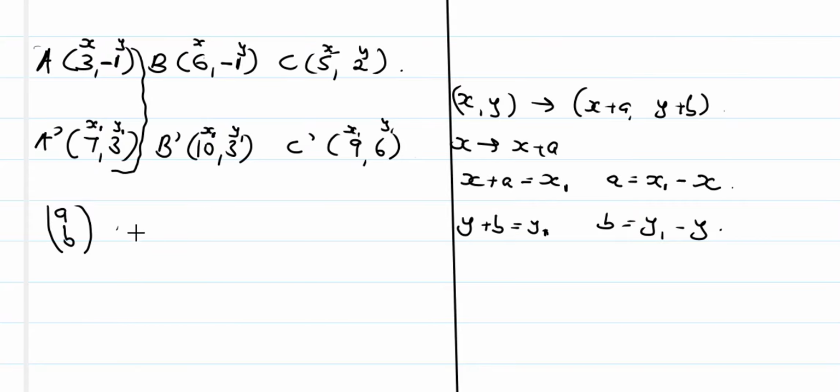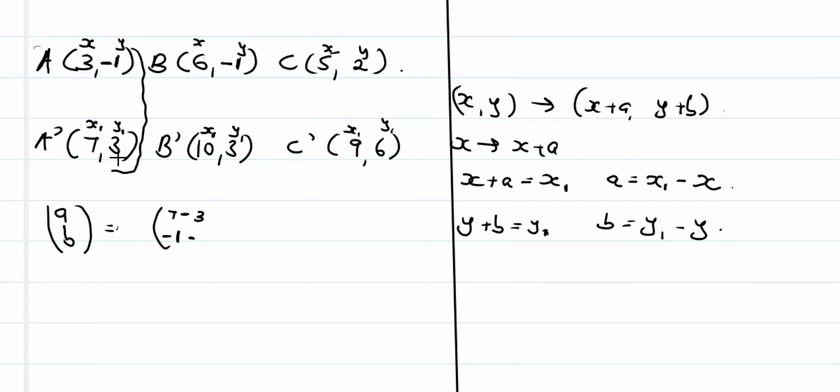So in this case, for a, it will be x1, where in a translated x1 is 7, then minus our original x, which was 3. And then we apply the formula for b. So b is y1, specifically on that a, so it will be -1, then minus, but we also have our original